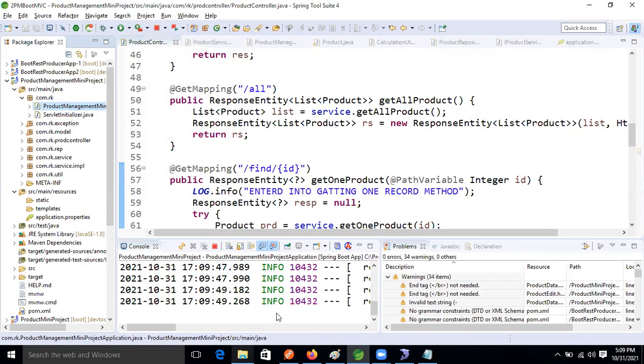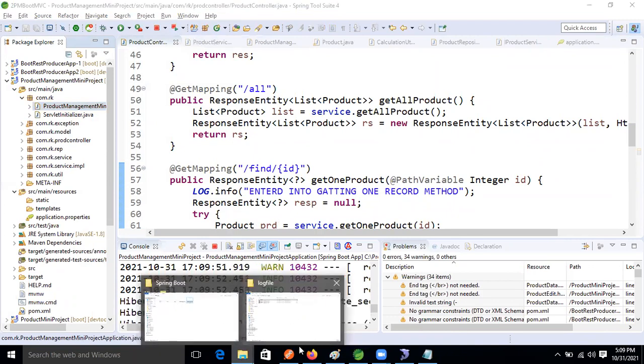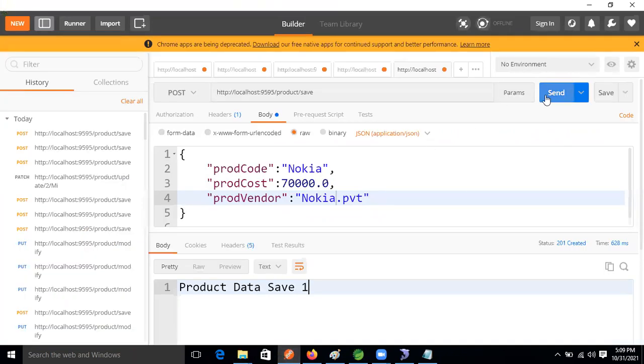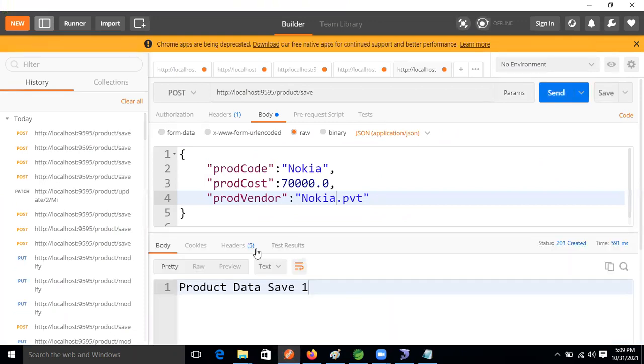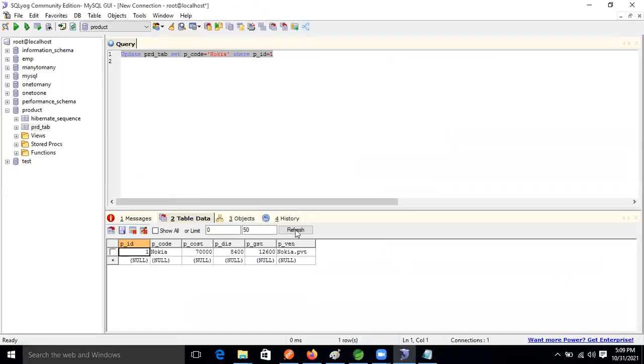Now come to Postman and let's make the request, guys. One product is saved. Now refresh it. I want to get this one record.